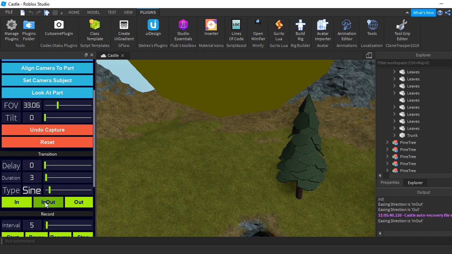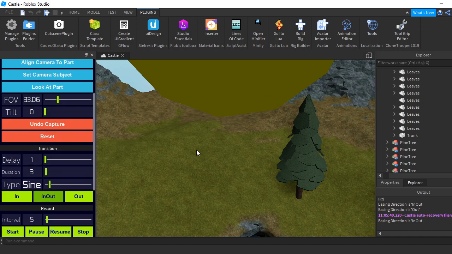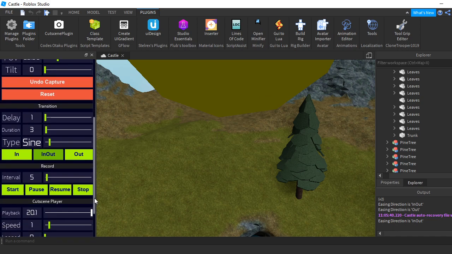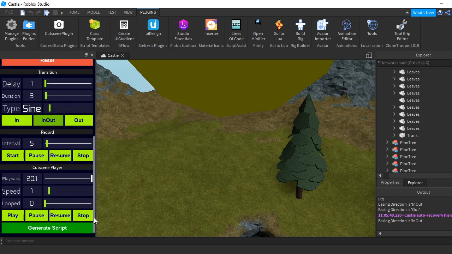Here I'll do in out, even though it's not going to matter too much. I'll just set this to 1. Because here I'm just changing the field of view actually, so there's no kind of movements, but anyway,